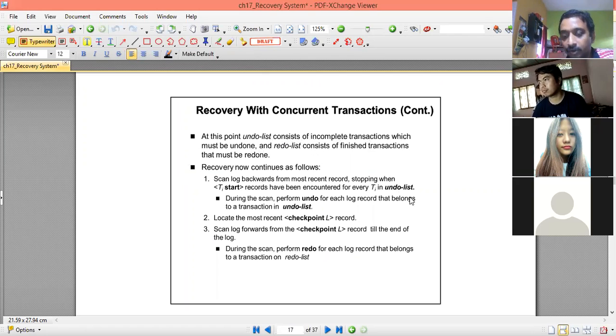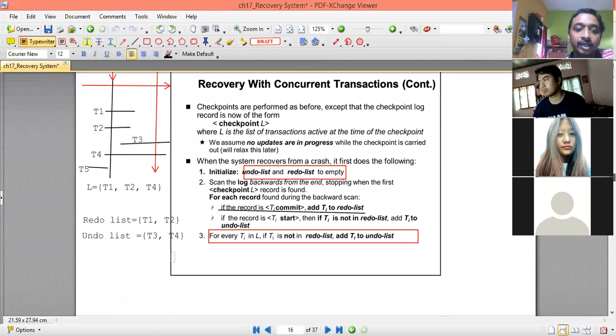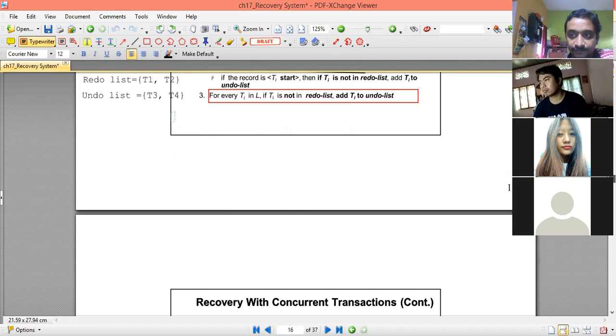So the undo list transactions are incomplete and therefore need to be undone, and the redo list transactions are complete transactions which need to be redone to reflect the change into the stable storage.